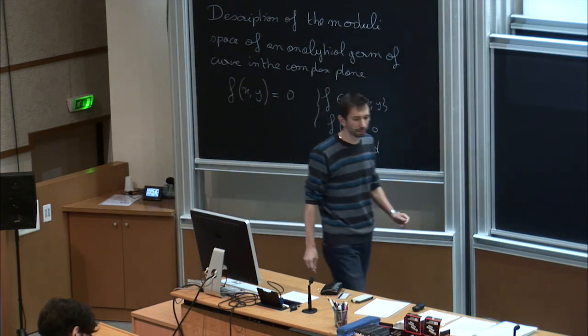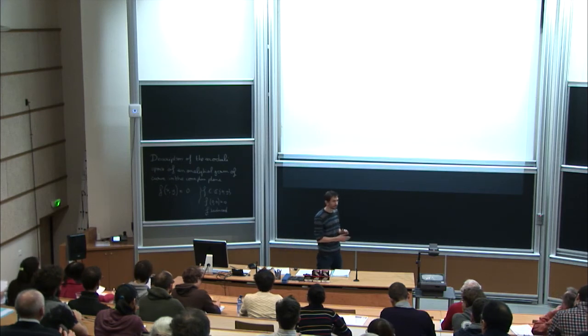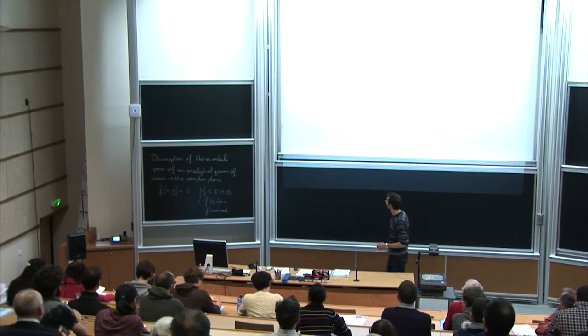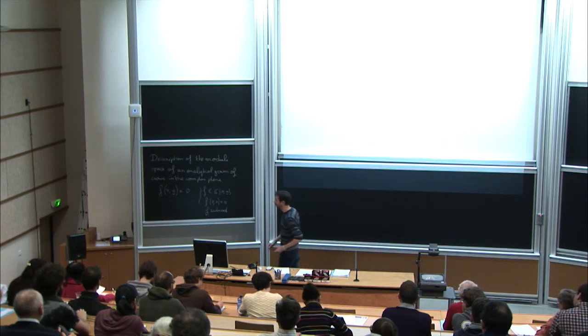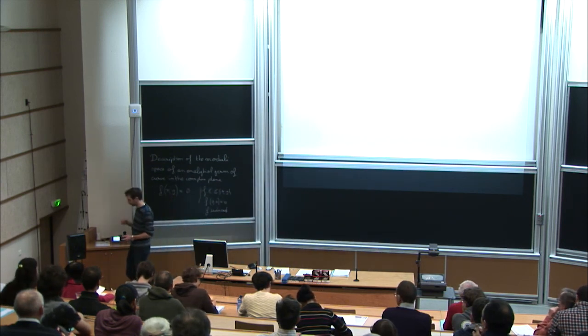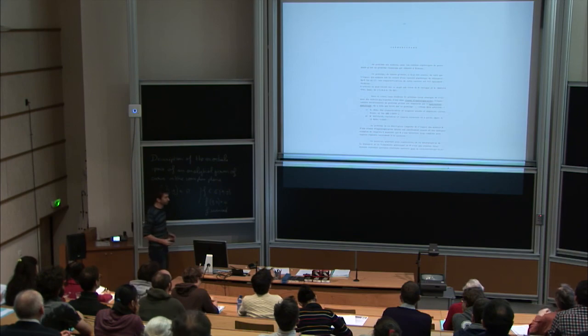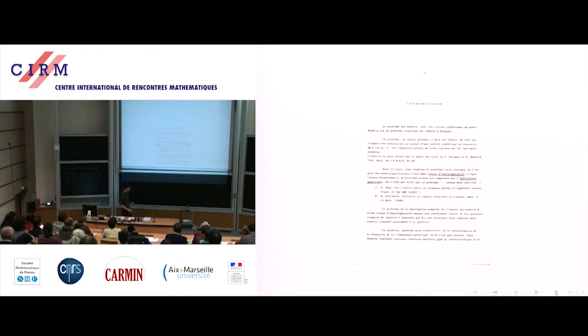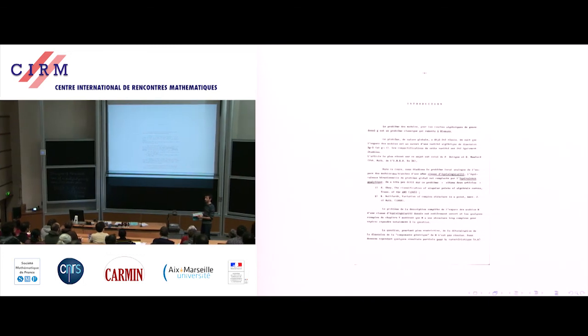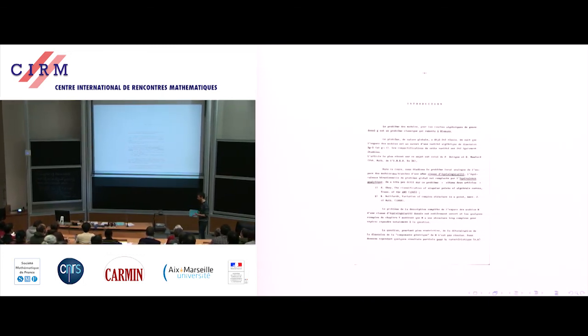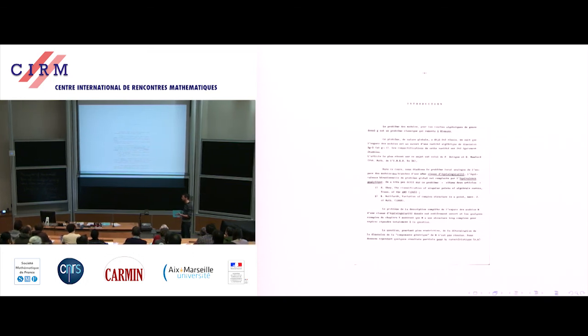Actually, this problem was not addressed at first by Zariski himself, but it is true that he's the first one that proposed a general strategy to study this problem in a very famous, at least I think very famous book, which is here. Maybe you know this. Les problèmes des modules pour les branches planes. This is a very, very interesting book. At least to me, there is a lot of computation in this book, most of them quite amazing and very involved and quite impressive.